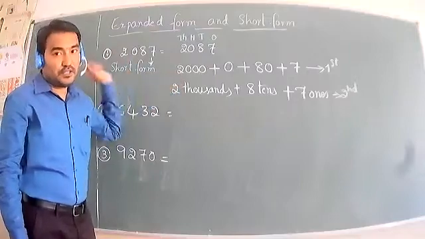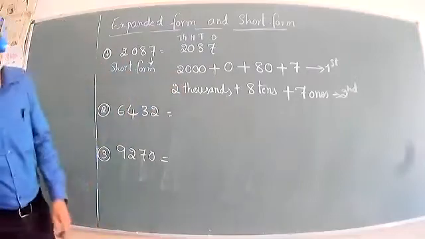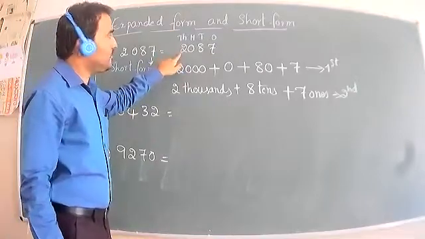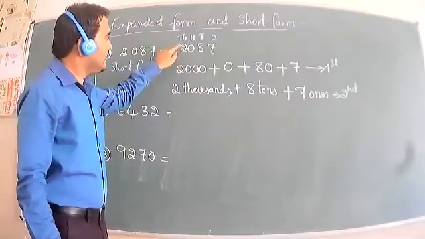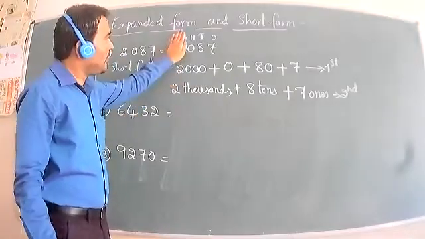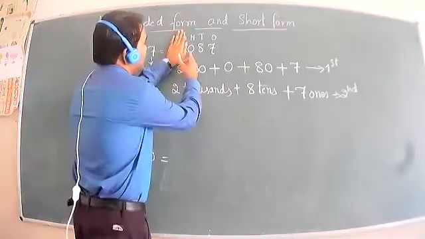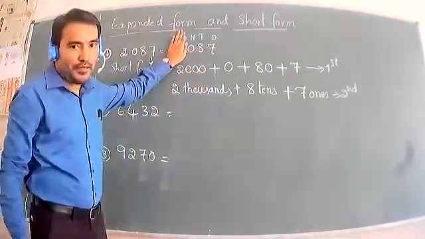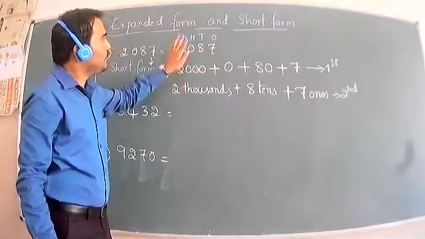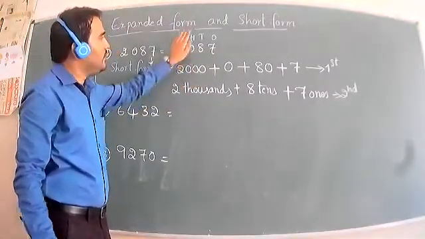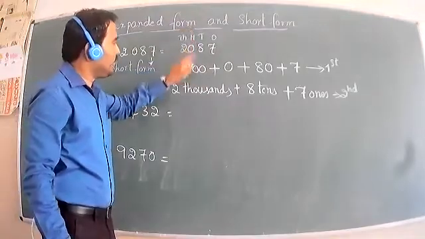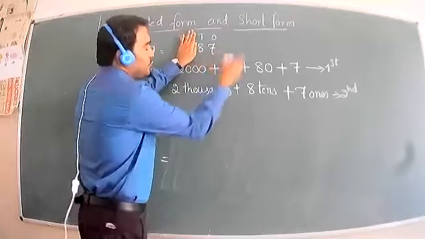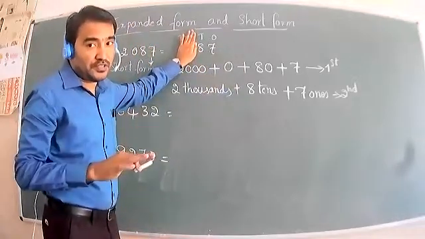Which one is easy? I will tell you one easy method. Which number should we write first? The thousands place, so we write that number first. How many digits remain? 3 digits. All the remaining digits have to be written as 0. 2 into 1000, so now go for 0. Remaining digits are 1 and 2.